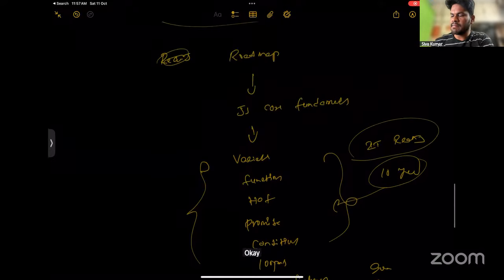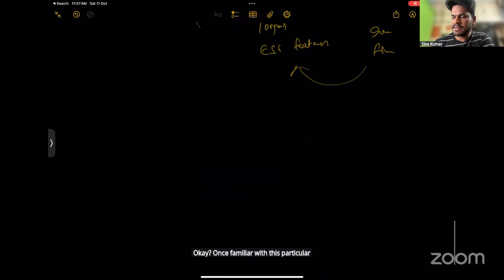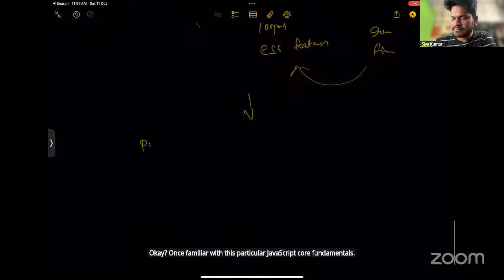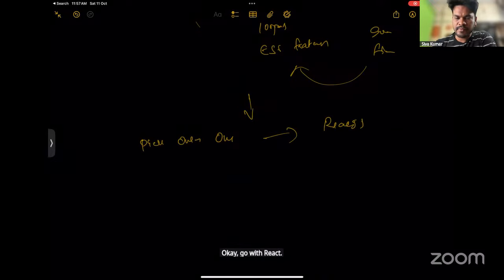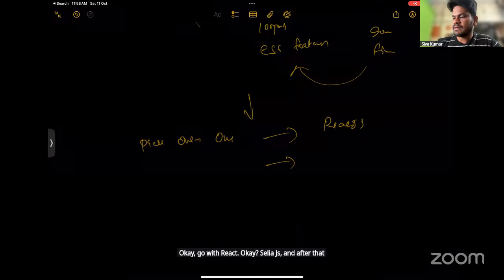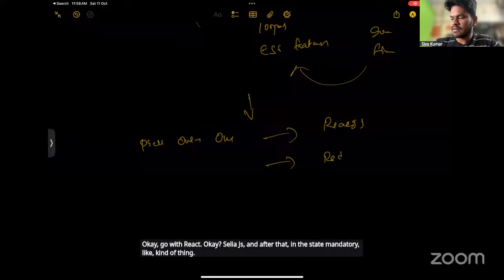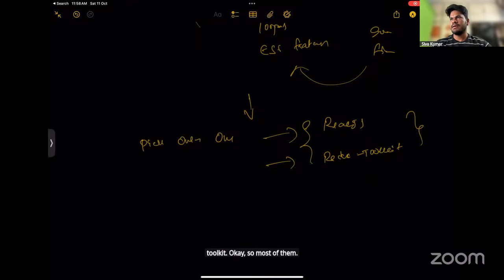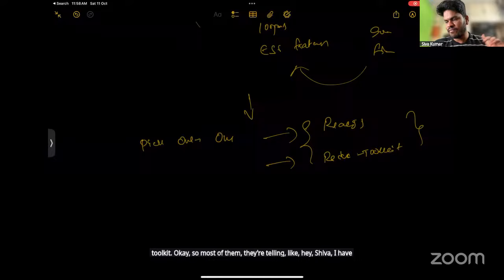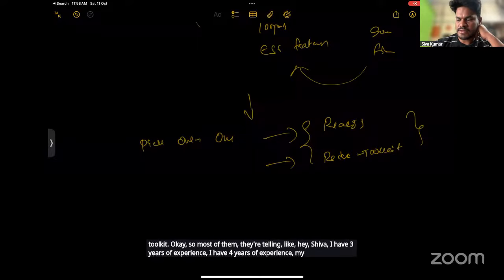Once familiar with JavaScript core fundamentals, always pick only one. Go with React.js, and after that, in state management, go with Redux Toolkit. Most of them tell me, hey Shiva, I have 3 years, 4 years of experience, and my resume does not get shortlisted.